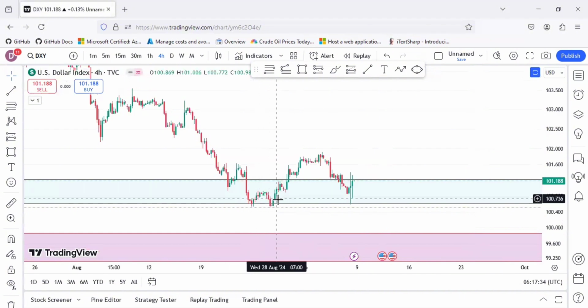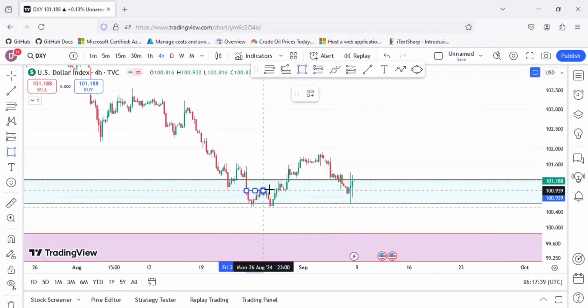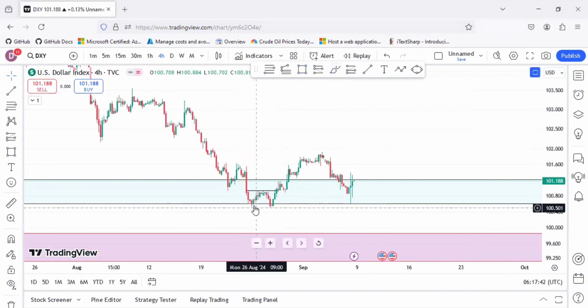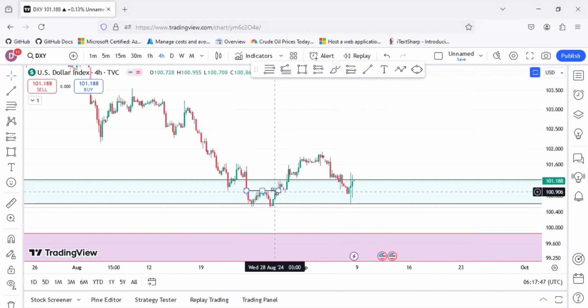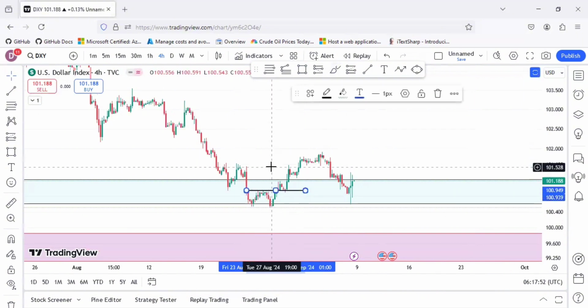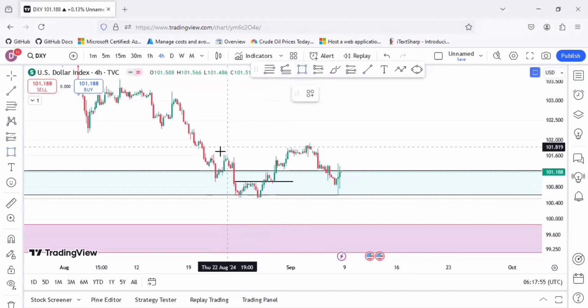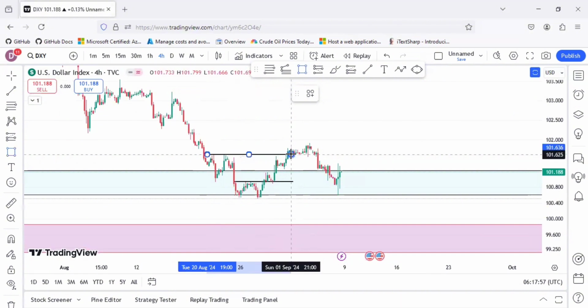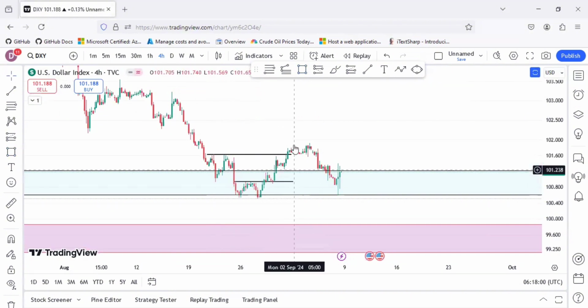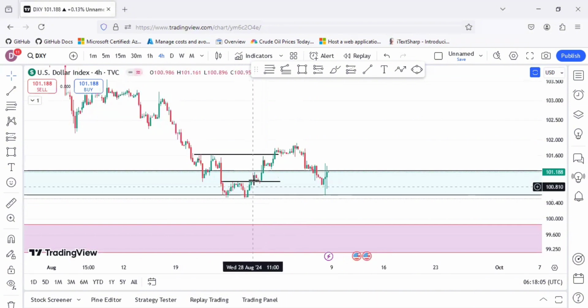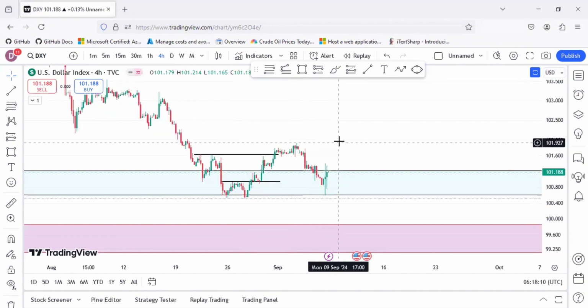If you look at these 4 hours now, you can see that we have a correction already, and the price has broken above that particular correction. If we take this one as a double bottom pattern and this as a neckline, you can see that we have broken the neckline already, and that is a reversal. You understand? And we have also taken out this level here. So if you want to make a judgment based on the scenario we have seen so far, we can say we'll be looking at an uptrend next week